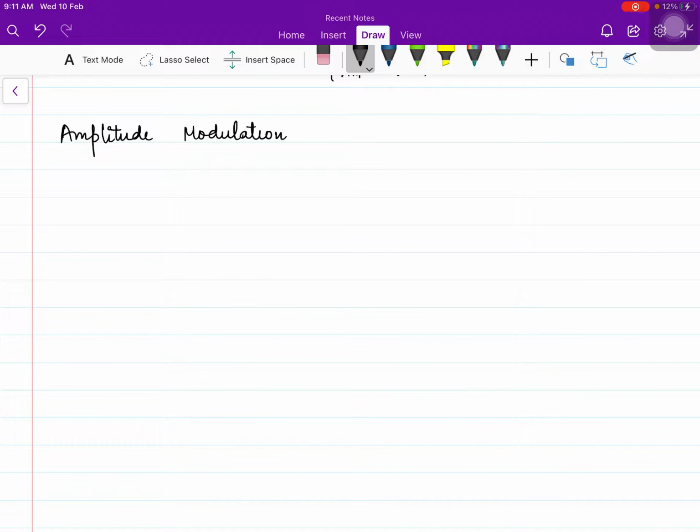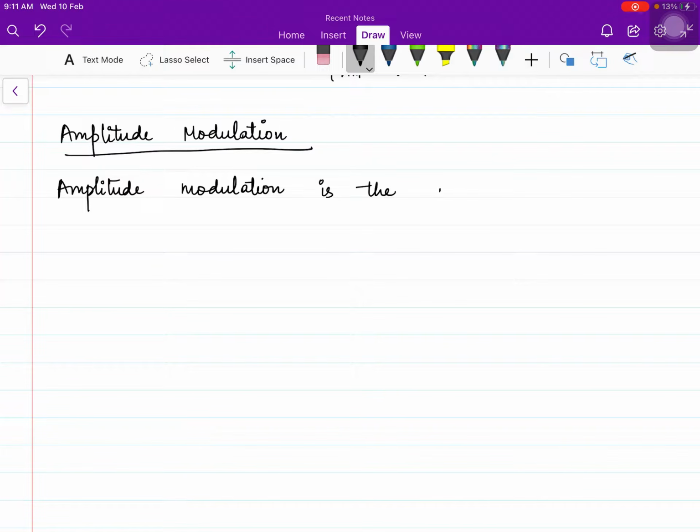As I have discussed earlier, in modulation we vary the parameters of the carrier wave according to the message signal. So if the parameter is amplitude, that means it is amplitude modulation. So what is amplitude modulation? Let's write it down. Amplitude modulation